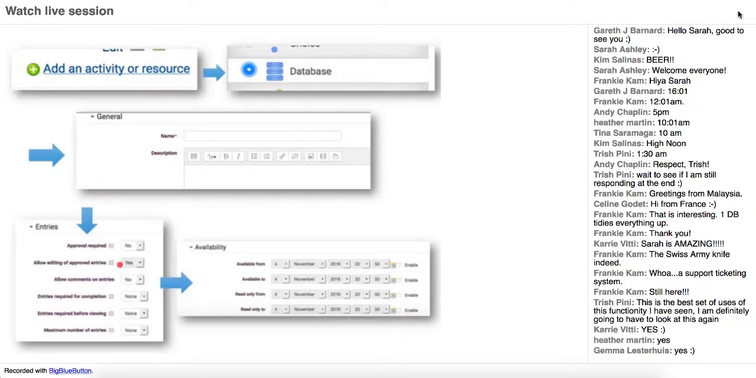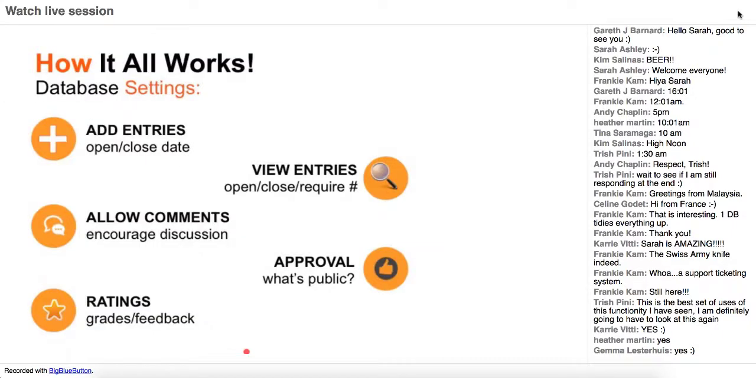And then you have to make some decisions about the entries and the availability. When should it become visible? When should it go away? And things like that. So let's take a look in detail at these settings. So first, I'm going to talk about adding entries. When do you want them to be able to add entries? When do you want entries to stop? Okay,